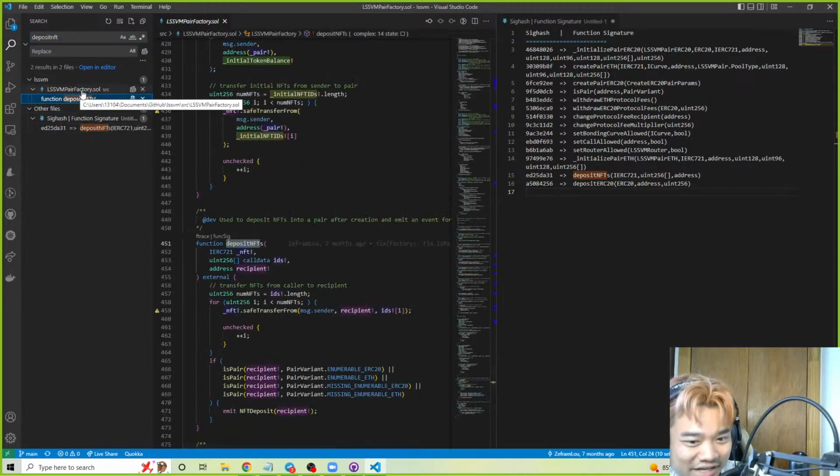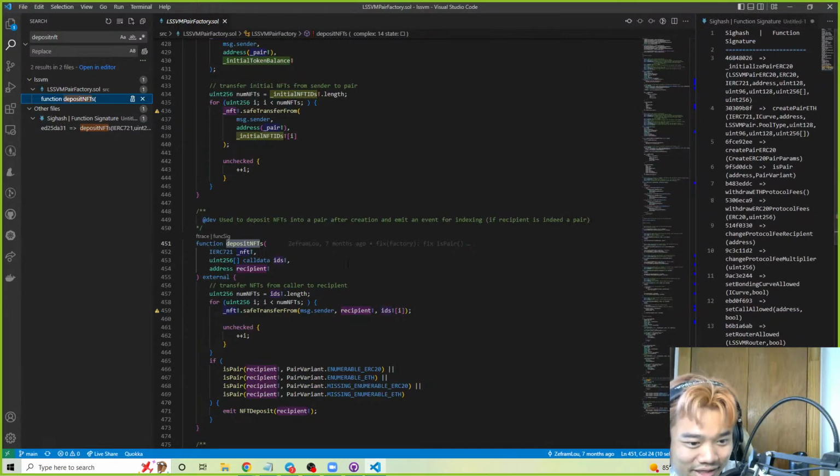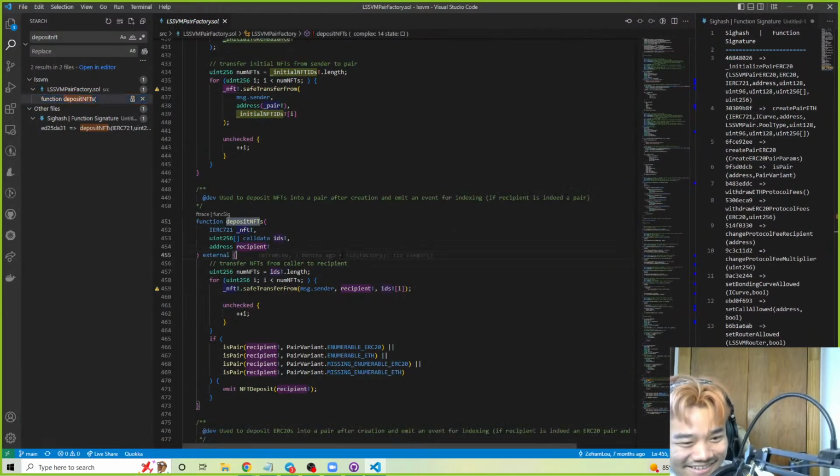It's from the factory. Okay. So you deposit from the factory, not from the pair created. Okay, that makes sense. So you would deposit to